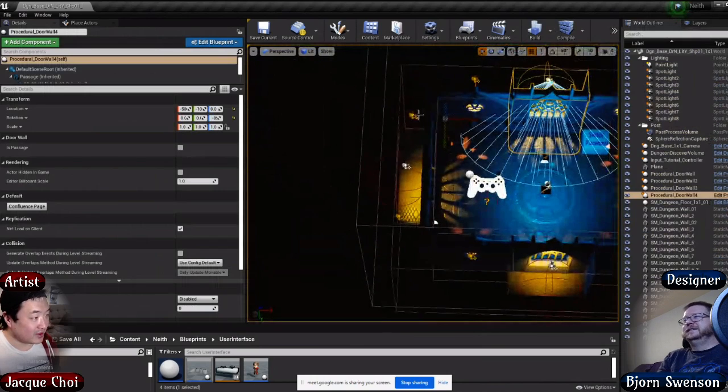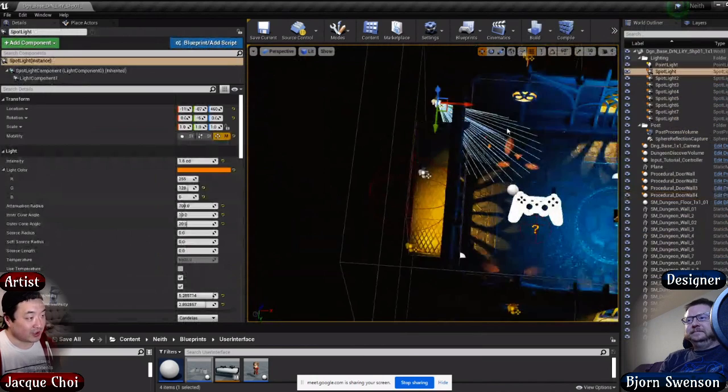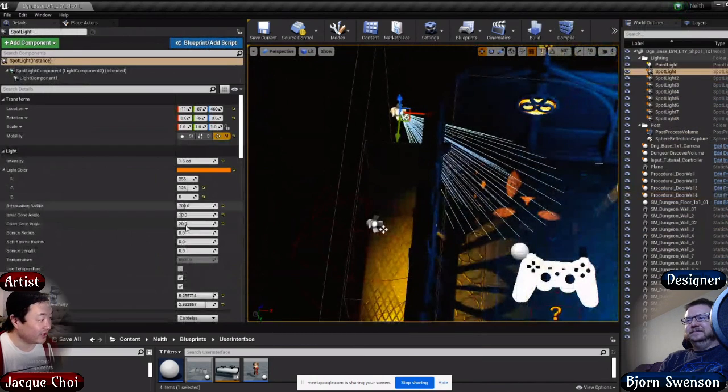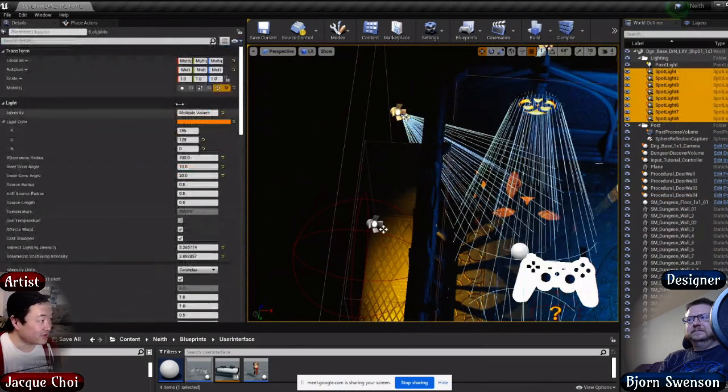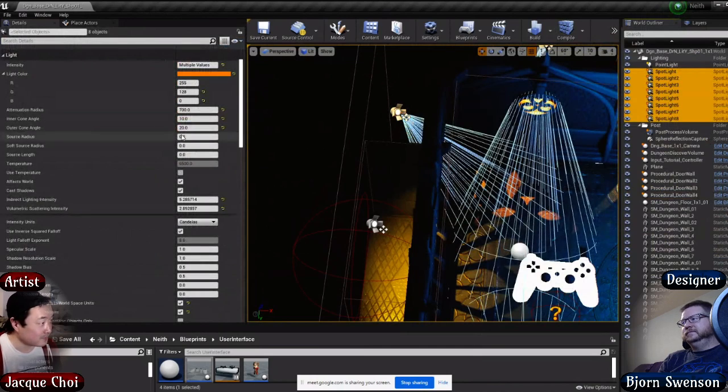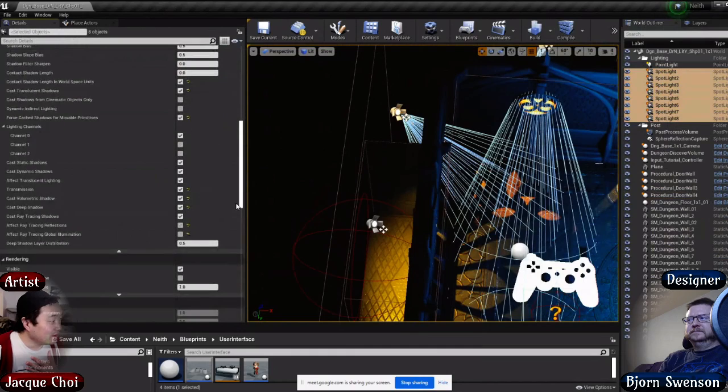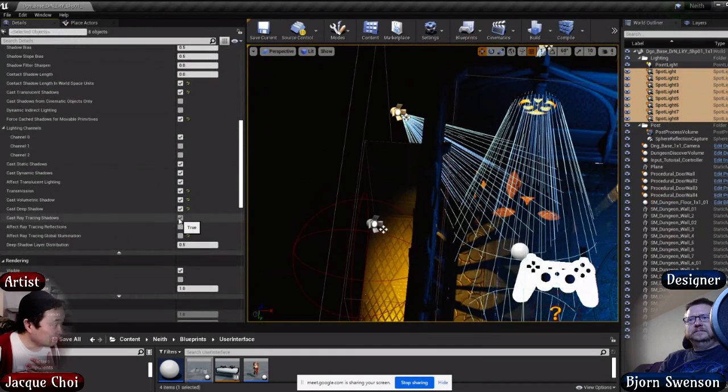Well, there's a lot of things that I just checked on that we're probably not using or seeing aside from just the dynamic. So I just blanket applied them to all. I'll probably actually just delete all the lights and reset them aside from the position. And yeah, we don't need ray traced shadows. We don't need deep shadows. Transmission, we don't need. Effect translucent lighting, we don't need. We don't need dynamic shadows. Static shadows, sure. Forced cast, we don't need that. We don't need to cast translucent shadows. Actually, contact shadow. If we turn off dynamic shadows,